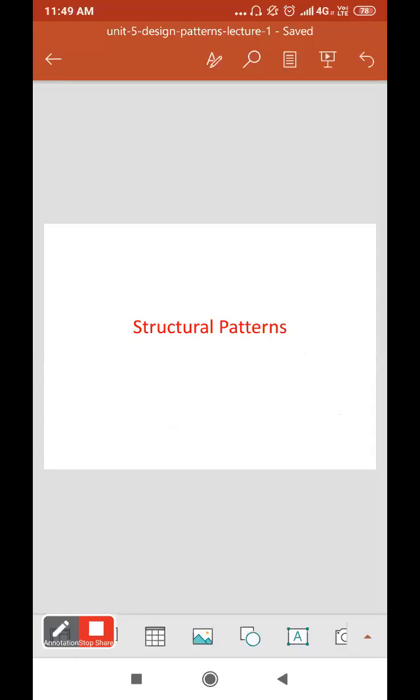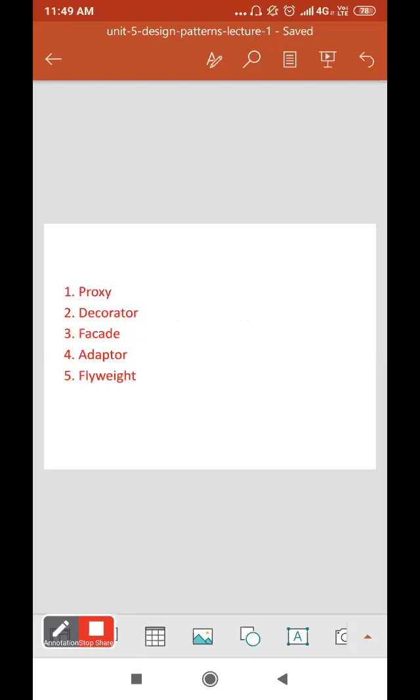Then structural pattern. After the creational pattern, now we have seen in the definition what we'll do in the structural patterns. We show the relationships between the classes and the objects. The decomposition is there in this particular structural pattern.